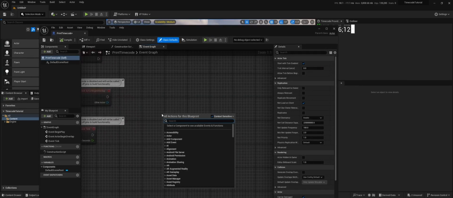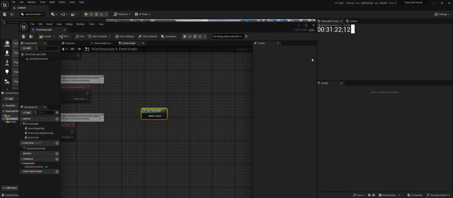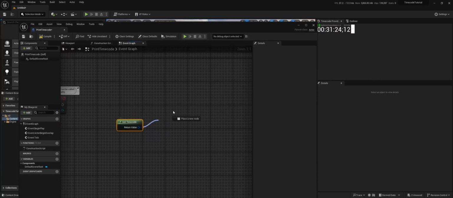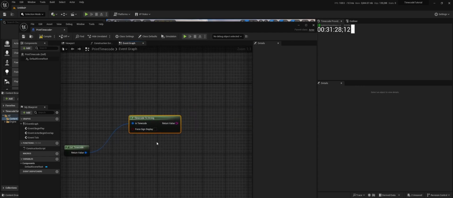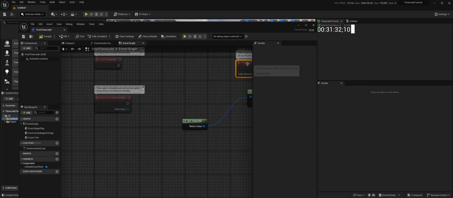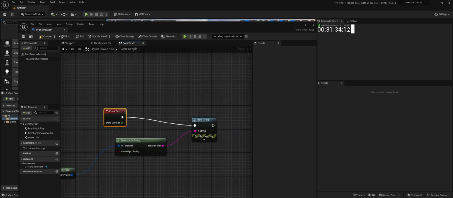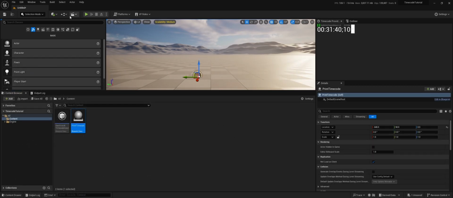The only thing we have to do is get timecode, and this will have the same value as we're seeing here. Let's make this a string, timecode to string, and let's print that string. So now let's put this on event tick, compile, save, and close the actor, and we're just gonna drag it into our level. Now if we hit play,